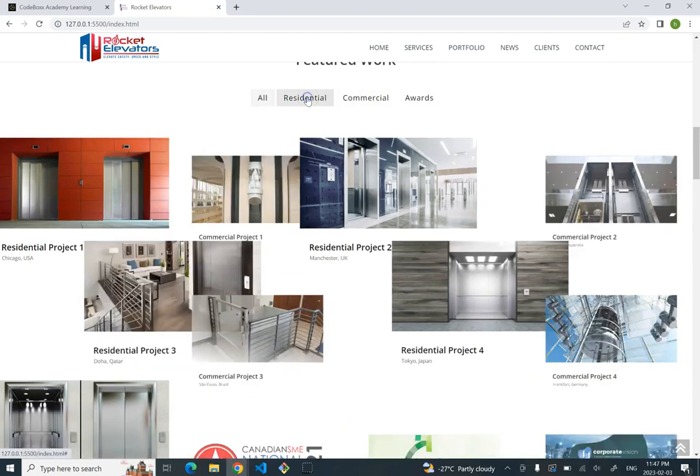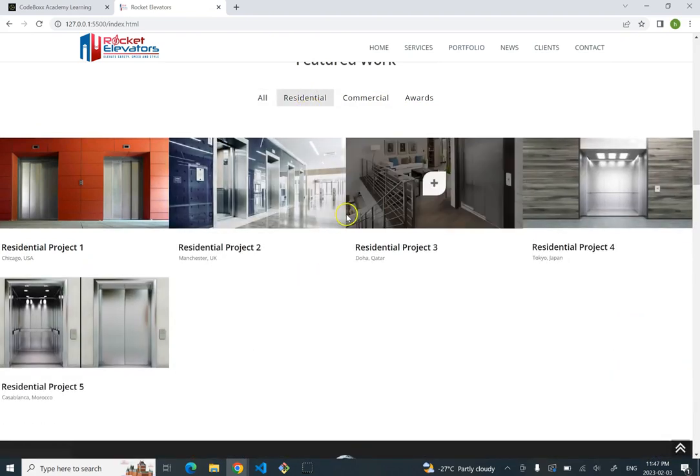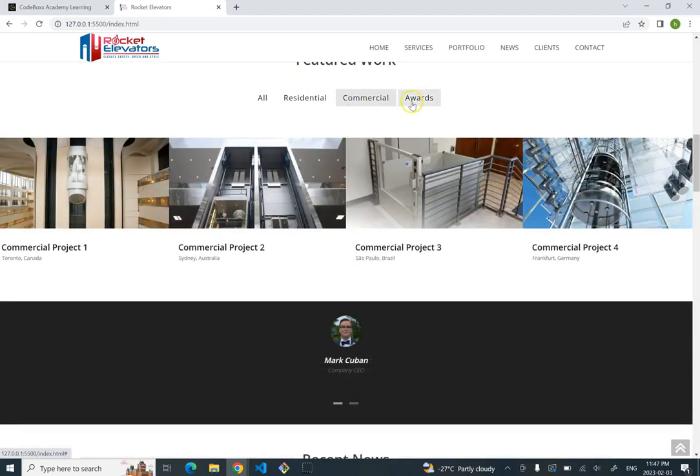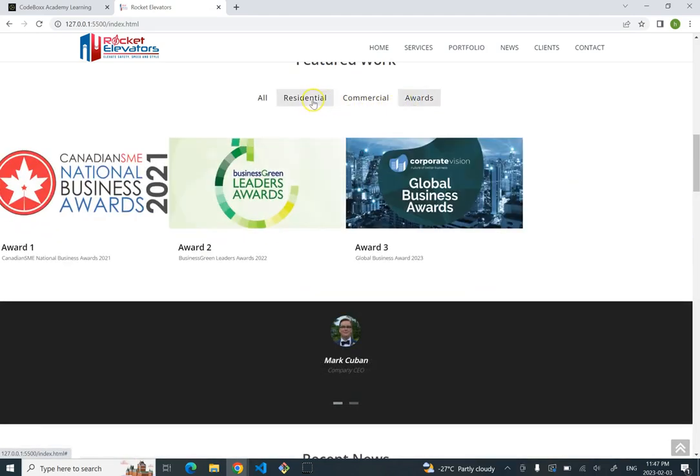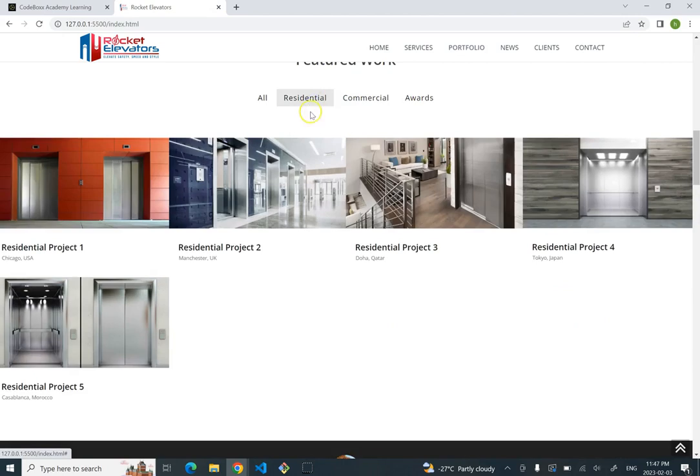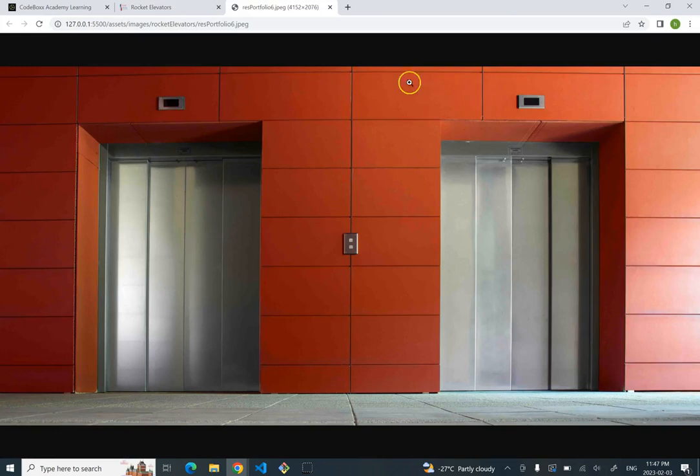When I click on residential, it shows me the residential projects, commercial projects, and awards. For example, for the residential, when I click on one of the pictures, it opens in a new tab,